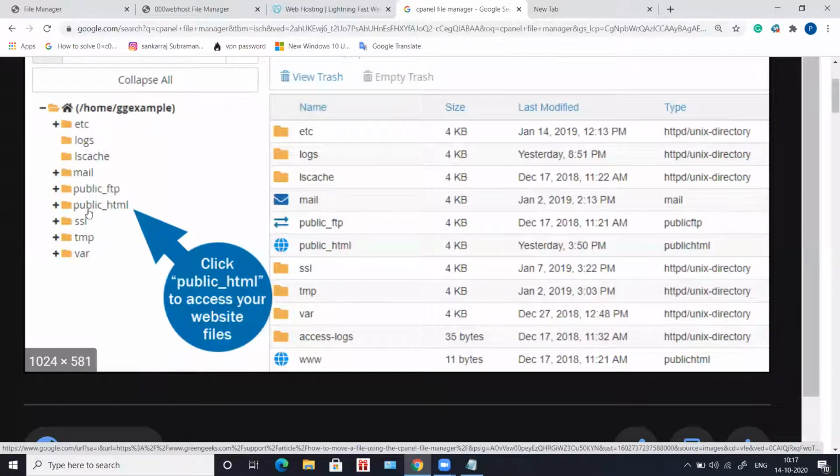You will create a robots.txt file and give commands for whichever files you want to allow and whichever you want to disallow. Even that file will be uploaded inside the same directory called public underscore HTML.